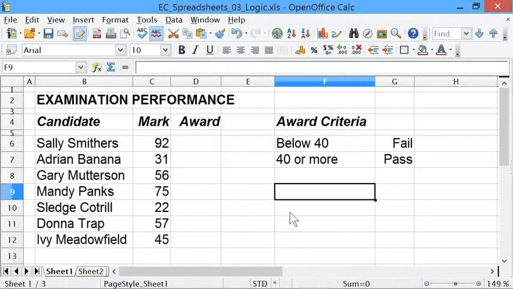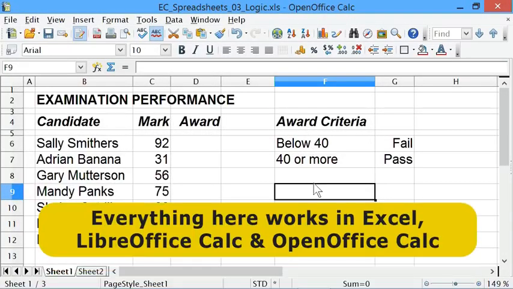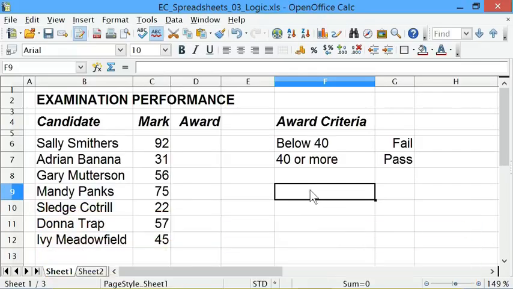Right, here we are back in a spreadsheet, and as usual in these tutorials I'm in the freely downloadable OpenOffice Calc, but you can do what I'm doing here with logic functions in any spreadsheet including Excel, Google Sheets, LibreOffice, etc. So what we're going to do initially is to show you how to use a simple if statement, and